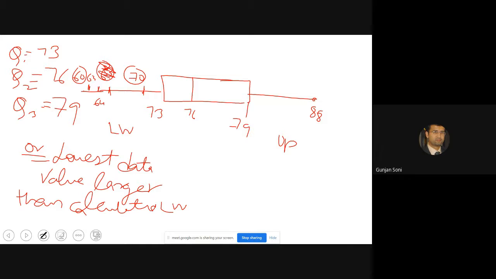Okay, so is it clear? Hence our lower whisker will extend till 70. This is the point till which our lower whisker extends, and these three points will become outliers.